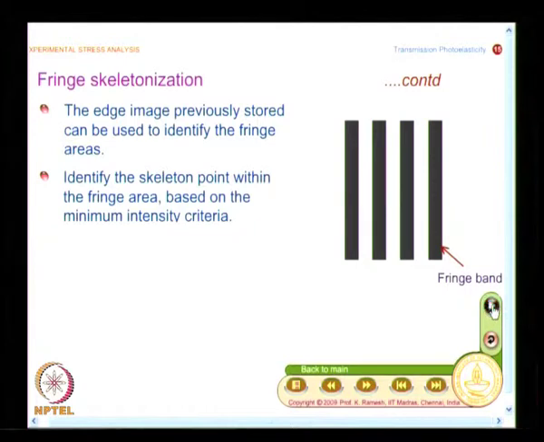So, this is mathematically much more precise than a simple binary based algorithm. Binary based algorithm is useful when somebody gives you a photograph and they want you to process it. It is not recorded with care to identify intensity variation. So, you need both. In some cases, you may have to use an existing photograph to extract information. In other cases, you record the photograph yourself, then I can go for intensity based processing. So, this is what we are going to look at. We have to decide on the scanning direction.